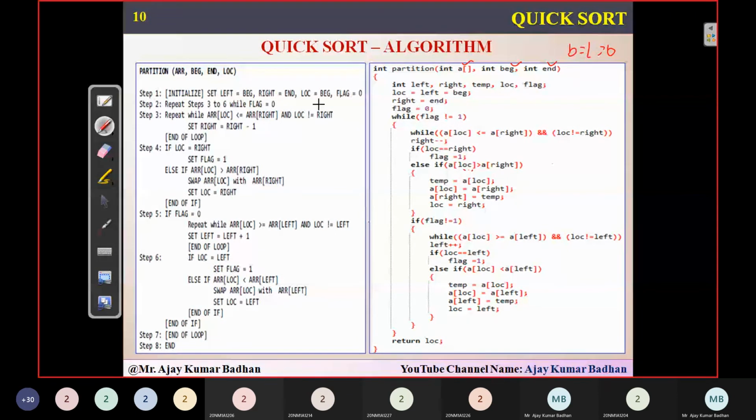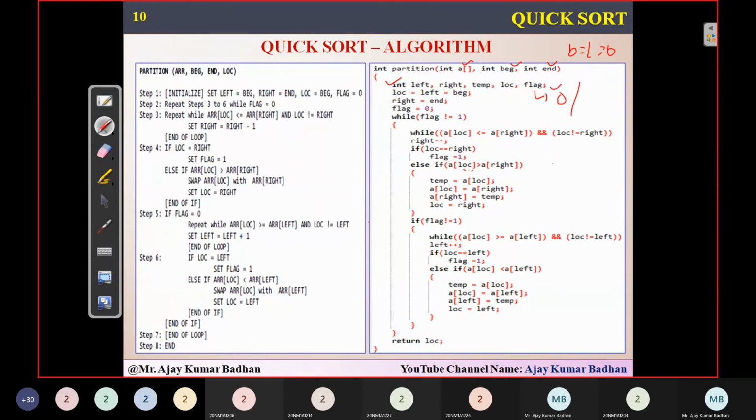I'm using a temporary variable here for swapping, and location and flag. Flag is required to determine to what extent this loop should run. This loop has to run a certain number of times, right? That will be decided by this particular flag. It is a Boolean variable which will have the value either 0 or 1. I think you know in C language we have a Boolean variable represented as either 0 or 1.